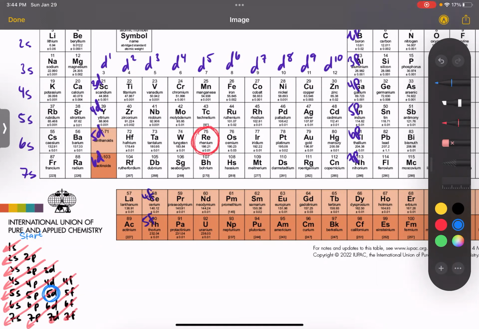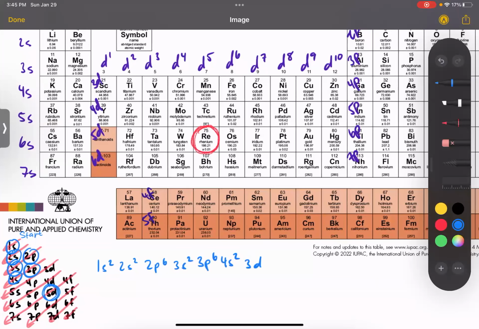And now we don't even really need the periodic table anymore once we've figured out the terminal subshell configuration. So I'm going to go ahead and fill this and increase the gauge on my pen for a moment. And here, just going to start. So I start 1s2, 2s2, 2p6. So I've got 1s2, then 2s2, 2p6, 3s2, 3p6, or 3s, 3s2. I forgot my 3s2. And then 3p6, 4s2,